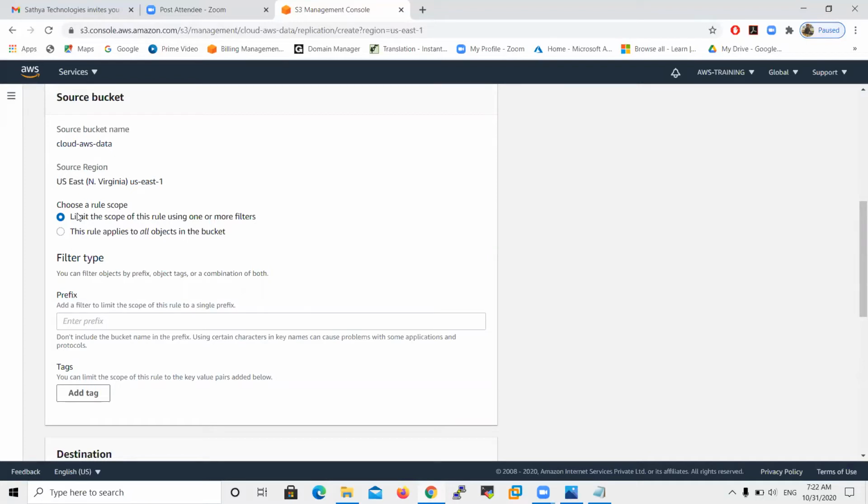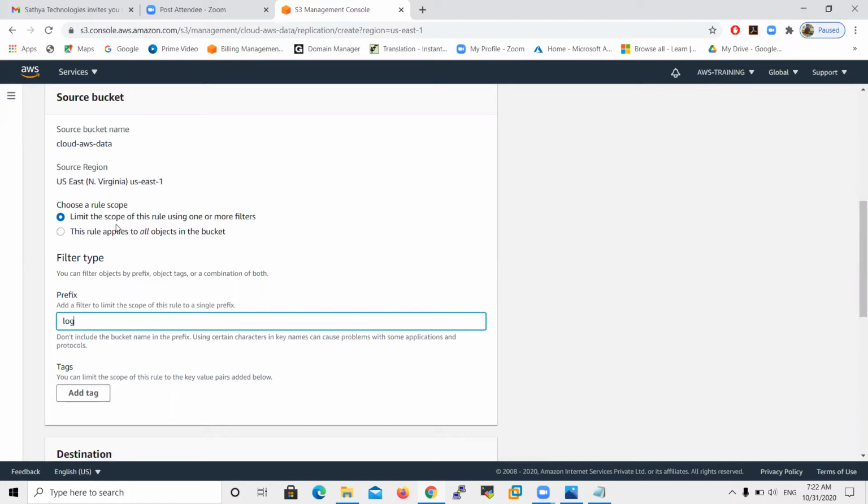Then the second important thing, choose a rule scope. Rule scope means, do you want to replicate specific objects, or will the entire bucket data be replicated? For example, here there is a prefix name. What is the prefix name? The objects whose names start with log, only those files will be replicated.